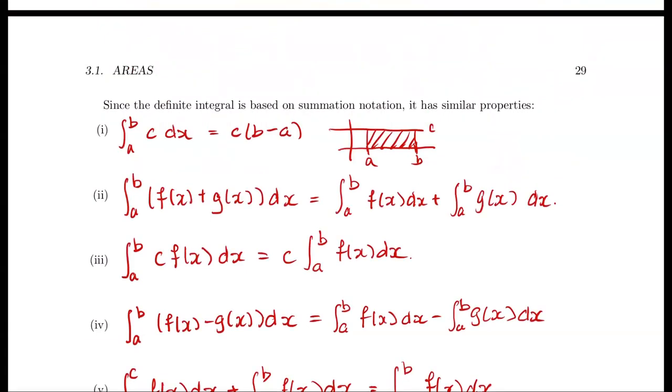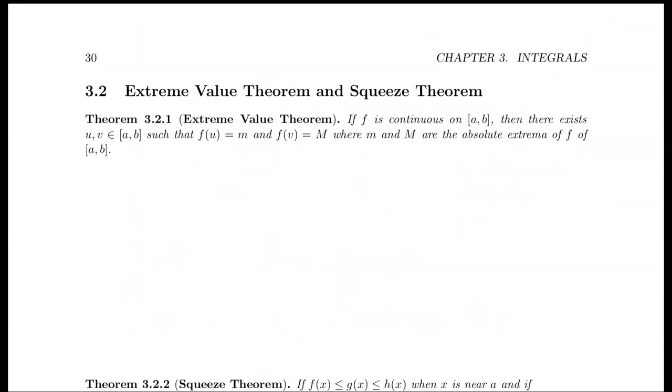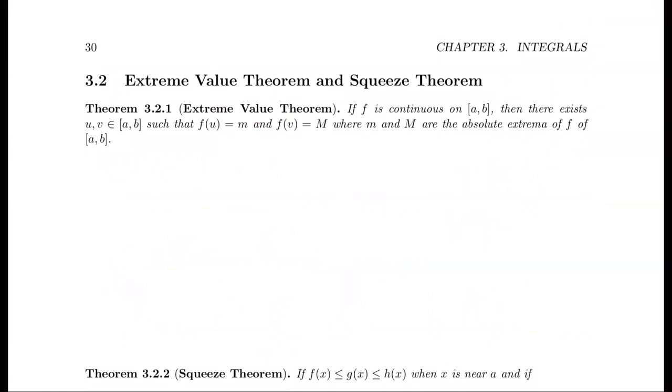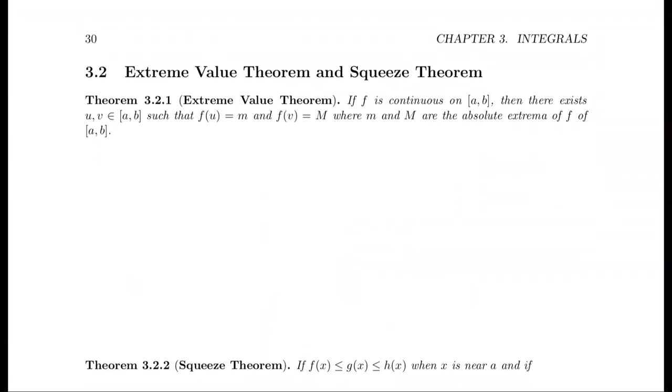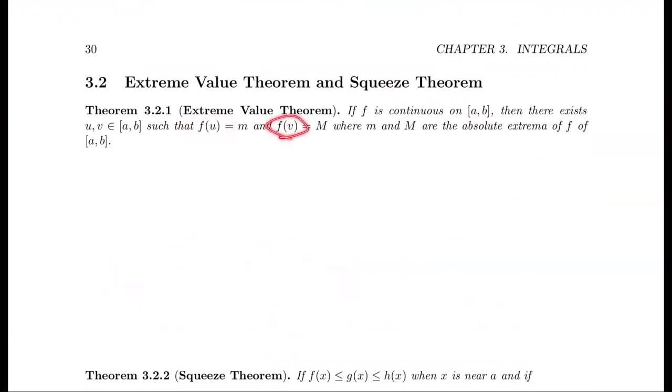So there are two theorems that we will be having a look at that will be pretty important. For the first one, we'll be having a look at the extreme value theorem, and the squeeze theorem as well. The extreme value theorem says, if f is continuous on [a,b], then there exist two numbers u, v in [a,b], such that f of u is equal to m and f of v is equal to M, where m and big M are the absolute extrema of f on [a,b]. So what that means,